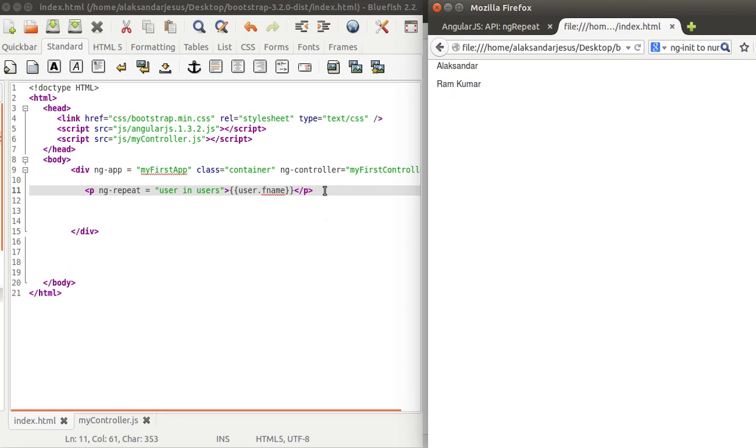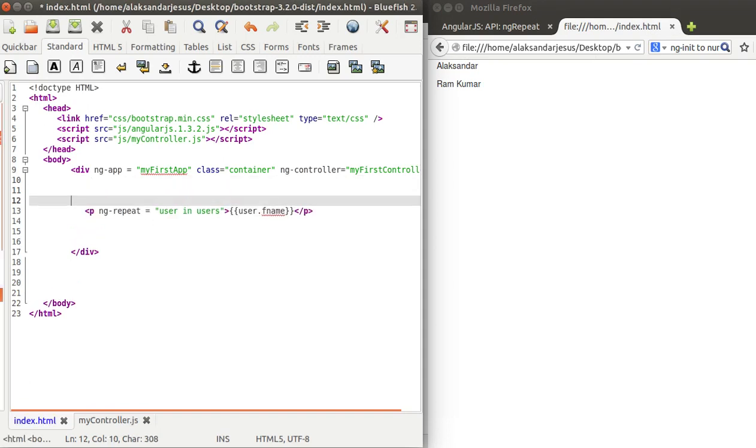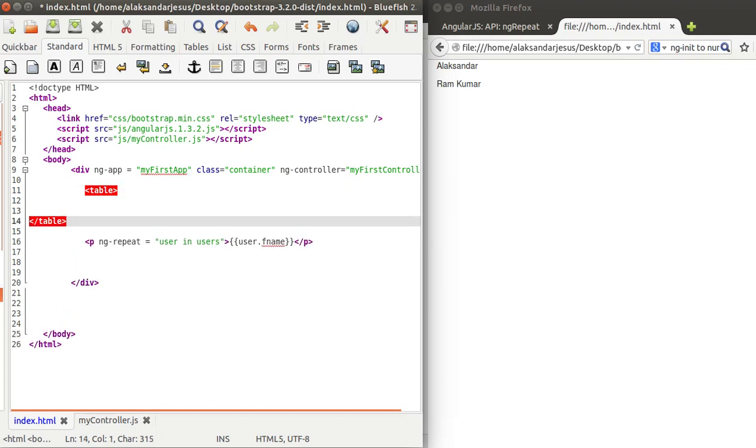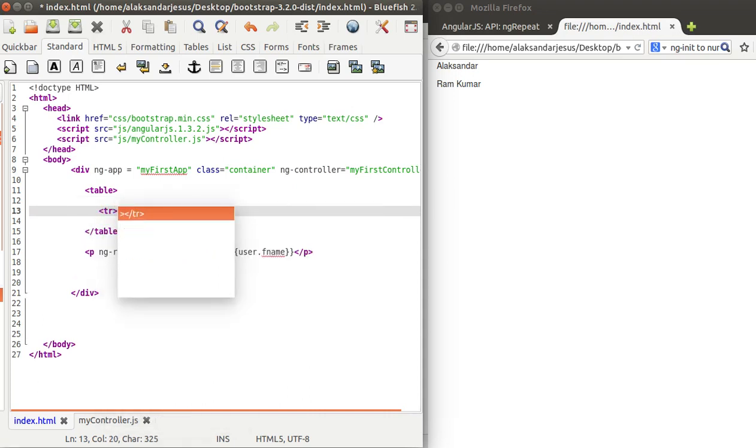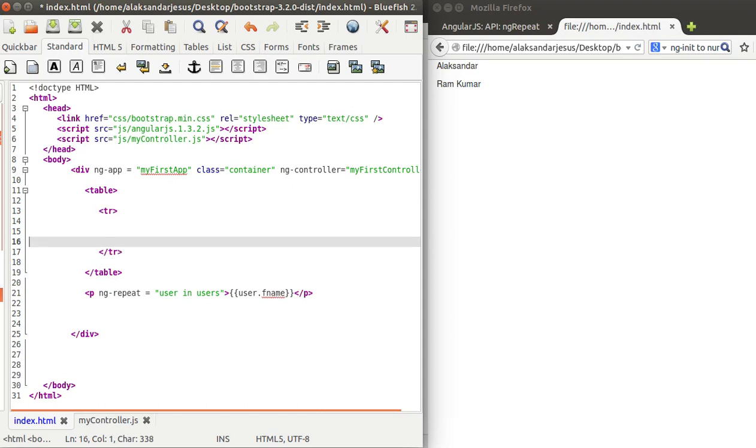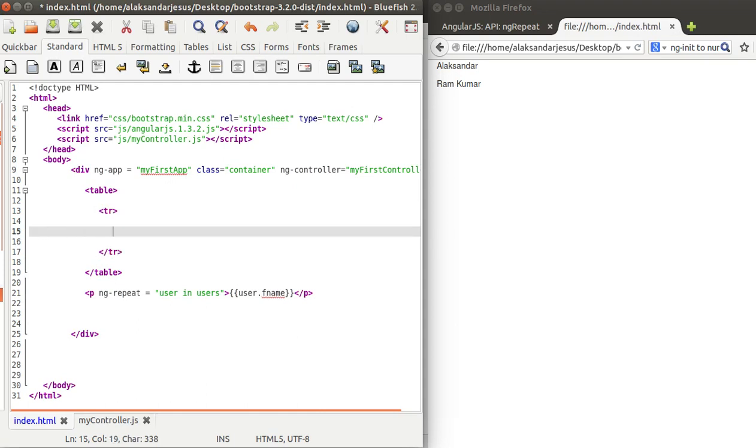So to be more useful, what I'll do is I'll create a table above it. Table, and then we'll create a table row here, and then we'll have a table data. So this table row should repeat where ng-repeat equals user in users.